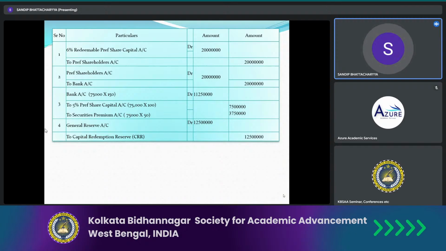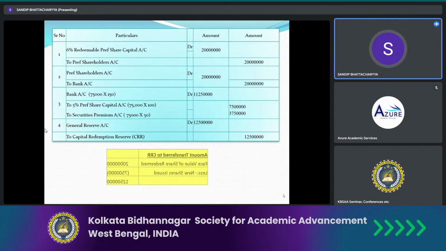So, my dear students, there is a small calculation here. General reserve is 1 crore 25 lakh that I already have in the balance sheet. How can I fetch out rupees 2 crore from the general reserve fund? So there is a calculation. You just see in my slide. As you see, that is the note that I have already mentioned in the working note. This is the working note shown in table form.